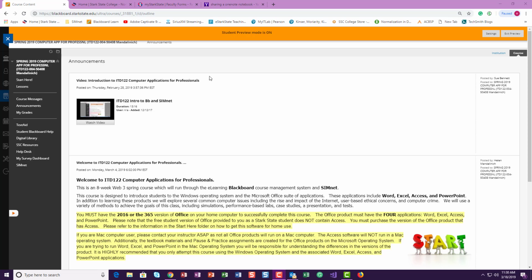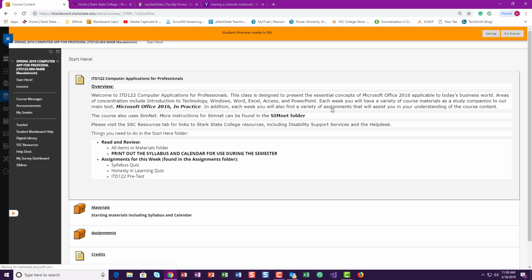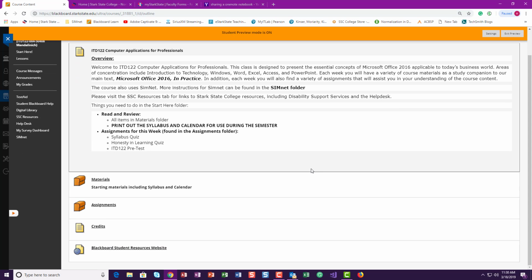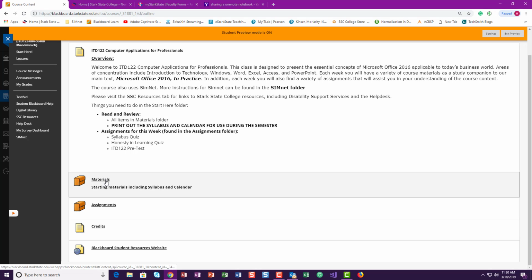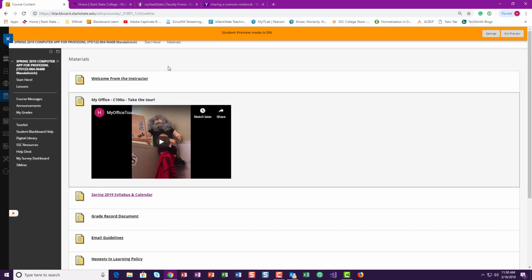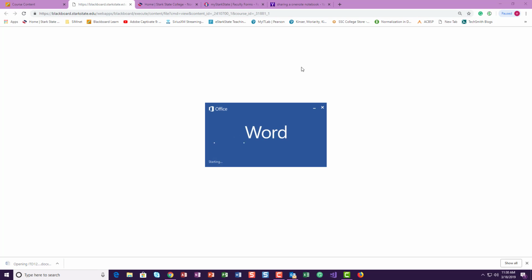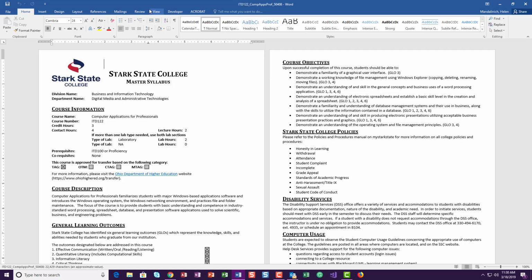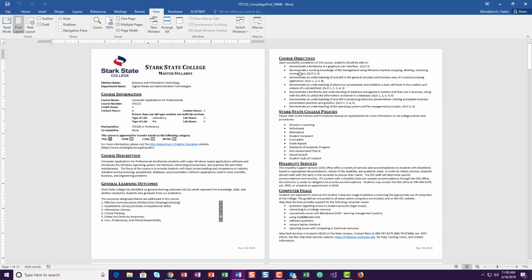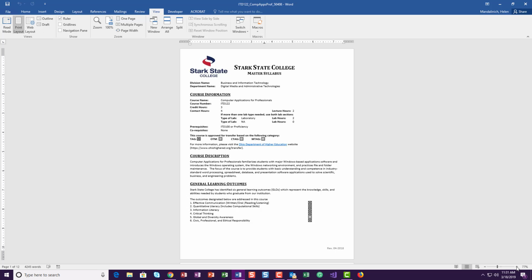So I'm in Blackboard and I'm going to go to the Start Here folder. Inside the Start Here folder, I want to go to Materials. Within Materials, you are going to look for the purple spring 2019 syllabus and calendar. I'm going to open that up in Word and we're going to walk through this. Alrighty, so